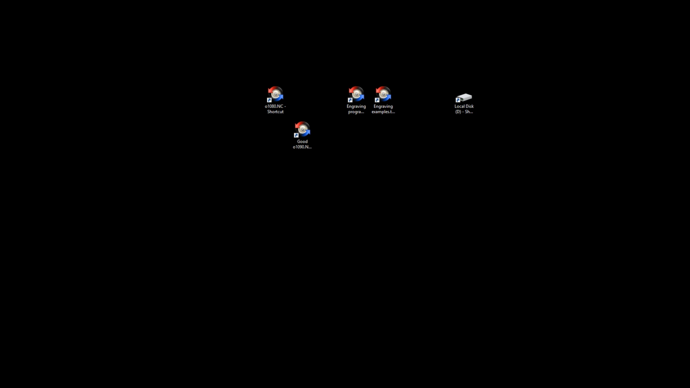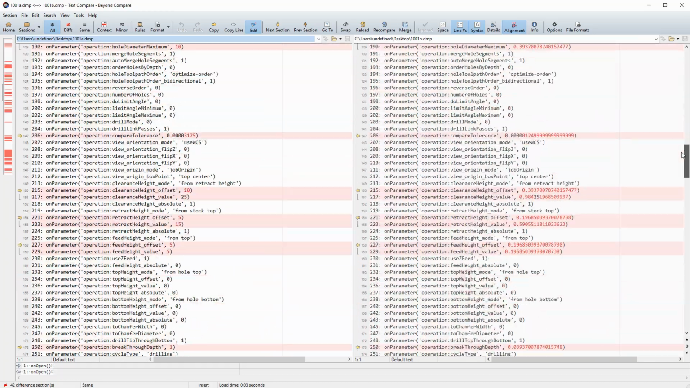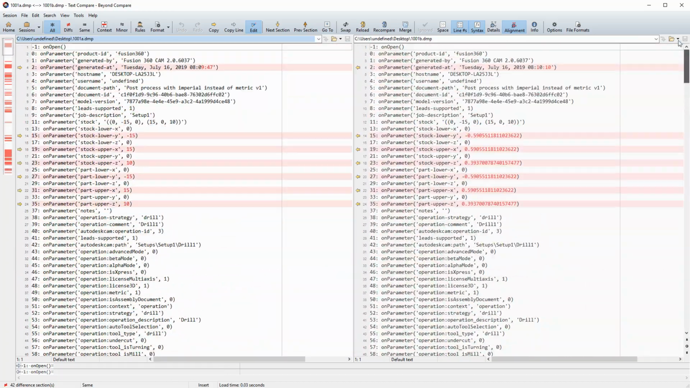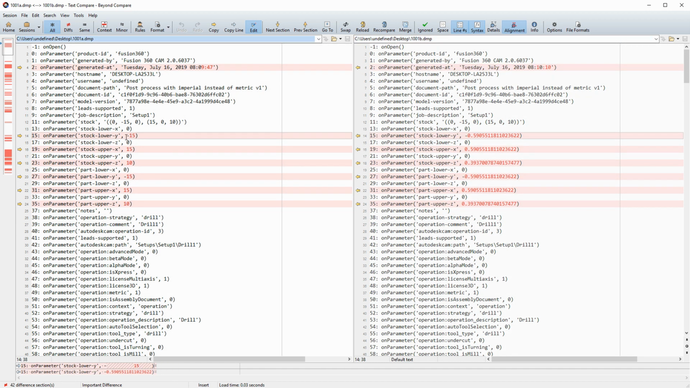to 1001B and compare it to A, you'll see that there's a number of differences between them. All these pink lines are differences between the two files. You also see that I posted them like 23 seconds apart. So,